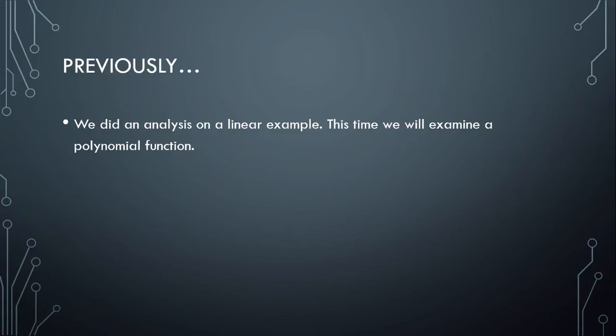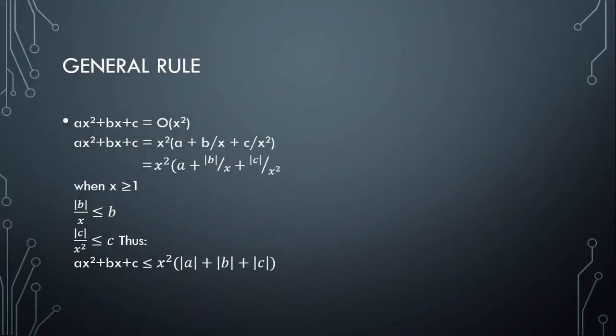Previously, we did an analysis on a linear example. This time we're going to look at a more polynomial function. And the nice thing about this is that it's going to be pretty easy to analyze. So here I have ax squared plus bx plus c. And we know that has to be equal to big O of x squared because x squared is the largest